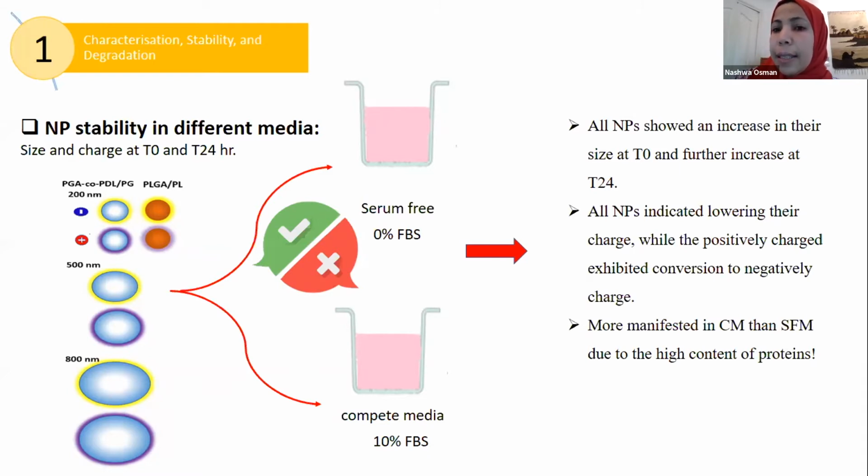And this type of protein corona has literally masked the positive charge, and its impact later on in the cell culture. These changes, the increase in size and the changes in charge, were more manifested in complete medium rather than serum-free medium. And this can really be understood because in complete medium,